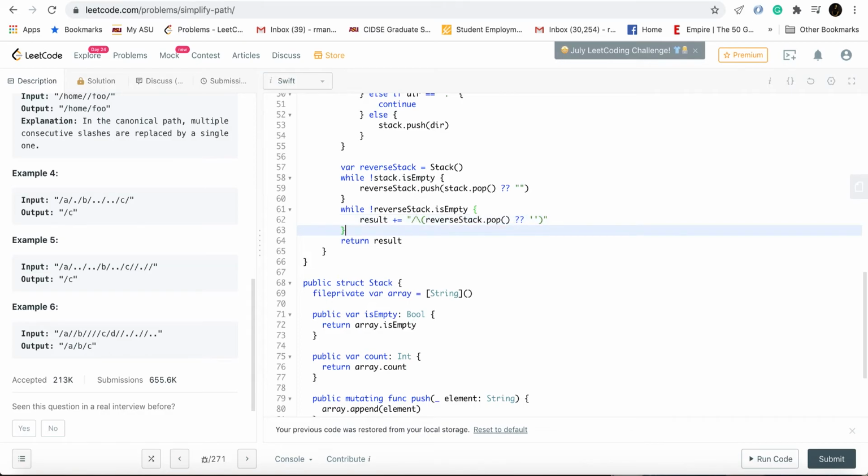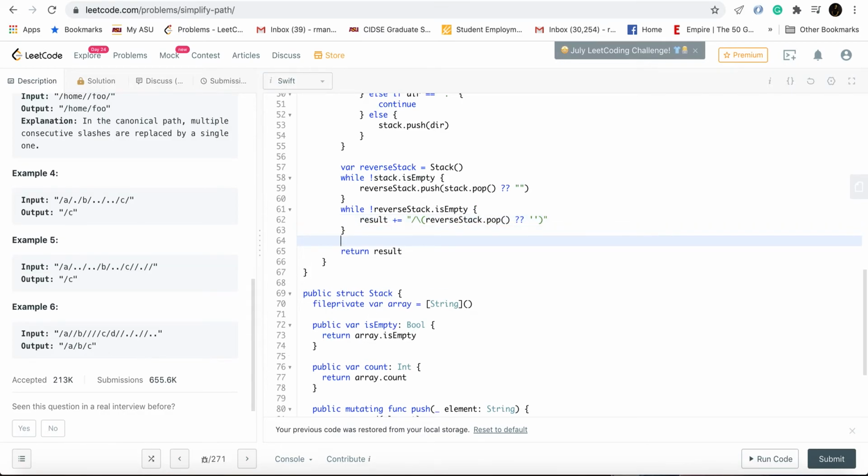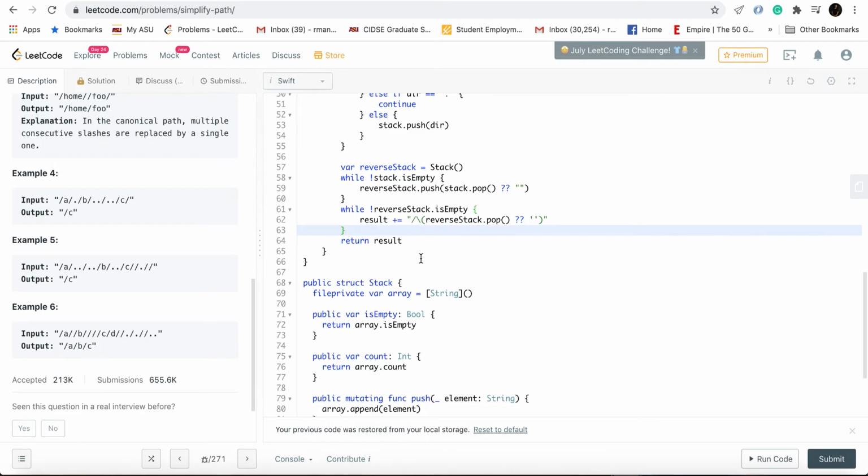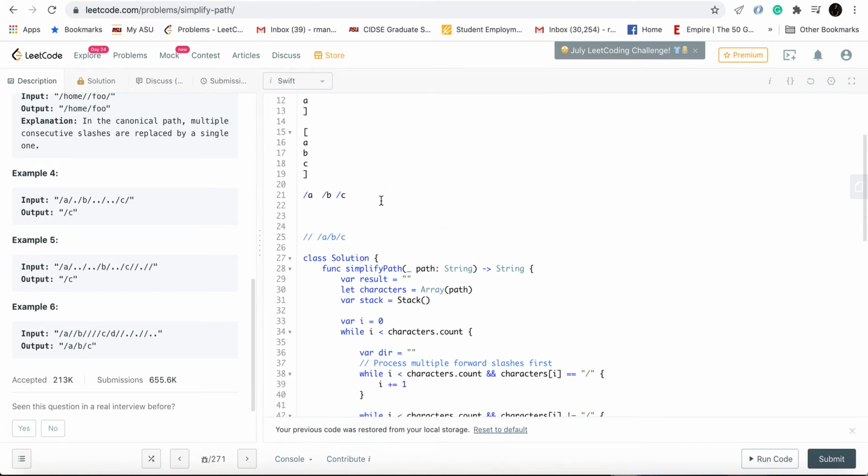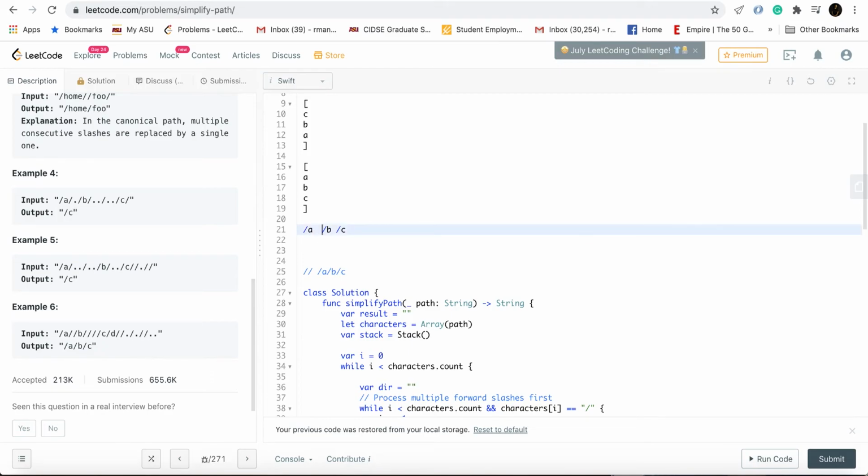Okay, and then we have that. Now one thing to note is that finally, if we do that, we would have the final output, right? If ABC and we do this, if we extract the pop the top and then keep appending, actually not appending, if we keep putting a forward slash before the popped element and then keep appending these tokens, this is what we'll get, right?